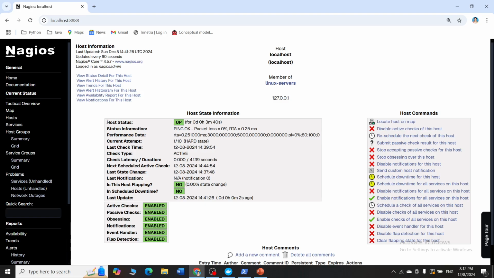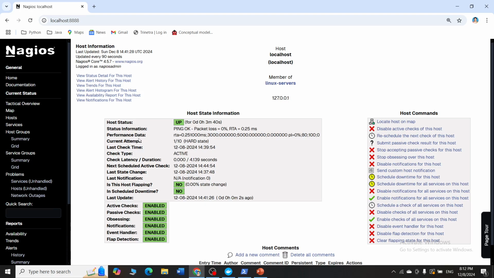It talks about the current health and performance of your particular host. You can see the first one, which is called host status, which is up, and it is in green color. That means your system is working fine. Then you have the status information, which talks about how Nagios checks if the system is alive or not. It pings frequently to check if the system is fine or not, whether there is any packet loss, its round trip time, and whether the overall performance is fast or slow. Everything is being pinged and checked from time to time.